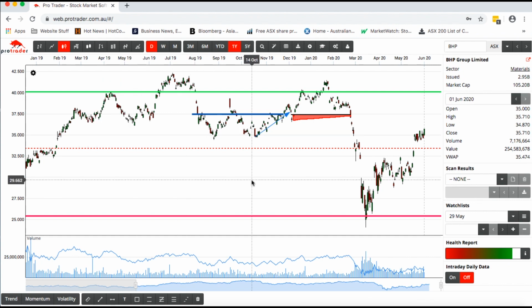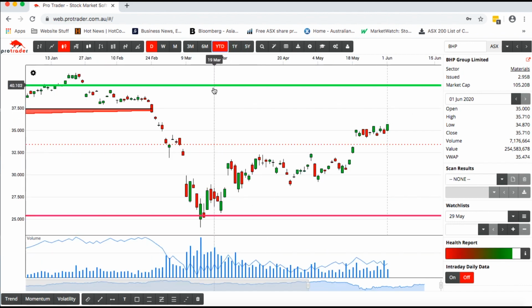So what I would always encourage you to do is choose one color per time scale. What I mean by that is I use blue for daily, I use a broken red line for weekly, and I use a neon green and neon pink for monthly. The reason that's important is that no matter what time scale you're in,